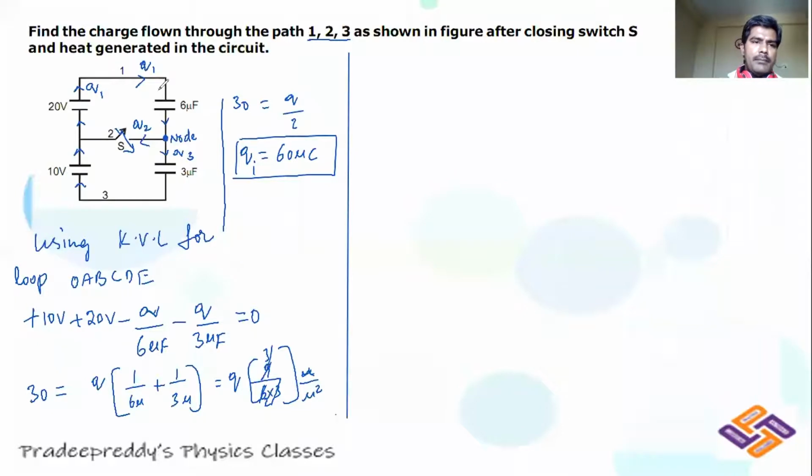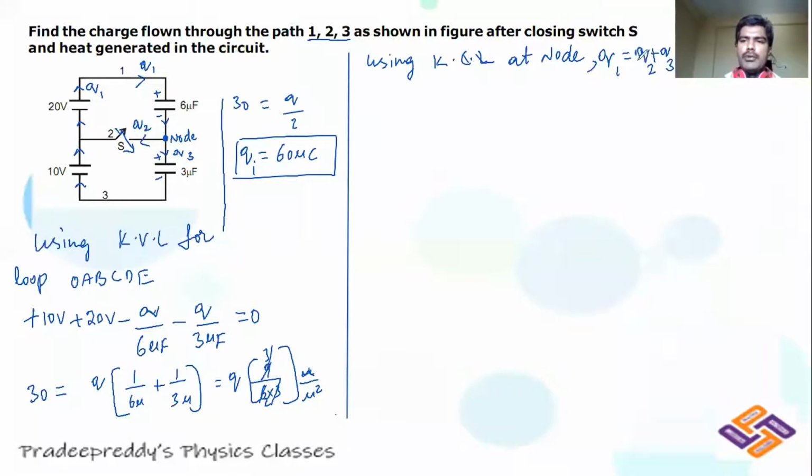And here it becomes positive charge and this becomes negative, and obviously here it becomes positive and here it becomes negative. Clear? Now we have three different paths. I need to find out Q1, Q2, Q3. We have three unknowns over here. Let me write, sorry, two unknowns you will be getting using Kirchhoff current law at the node. What do you write there? Q1 is equal to Q2 plus Q3.